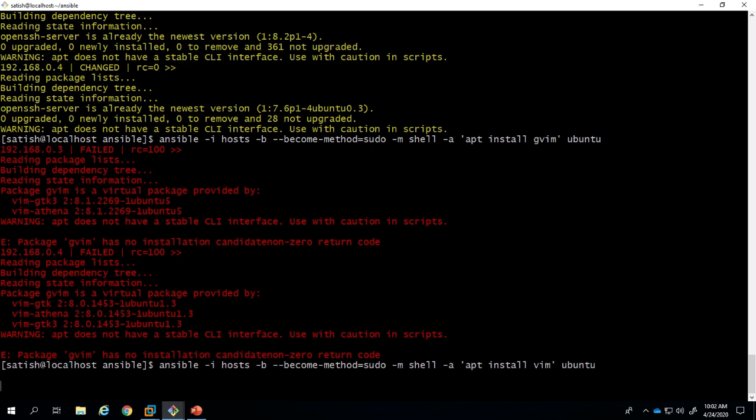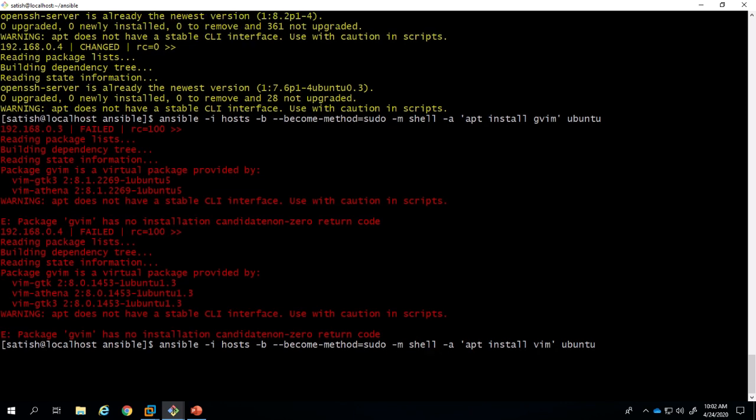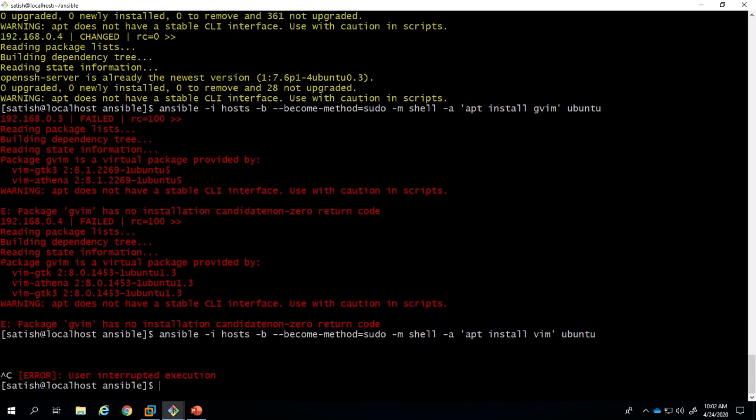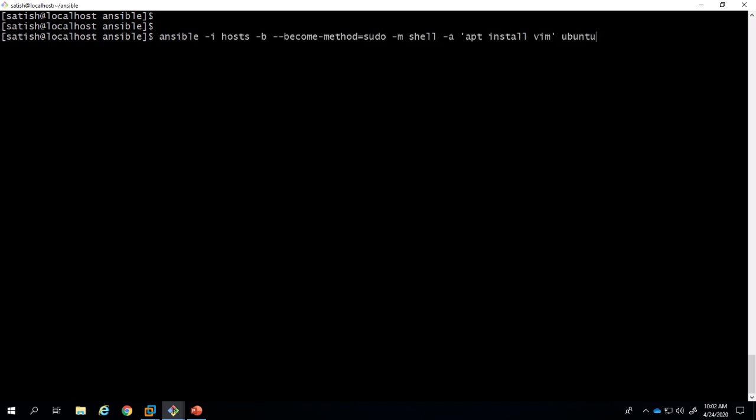Right now I'm updating the Ubuntu hosts. I have only two Ubuntu hosts, so apt-get update and apt-get upgrade has been done from Ansible with this simple inventory file.